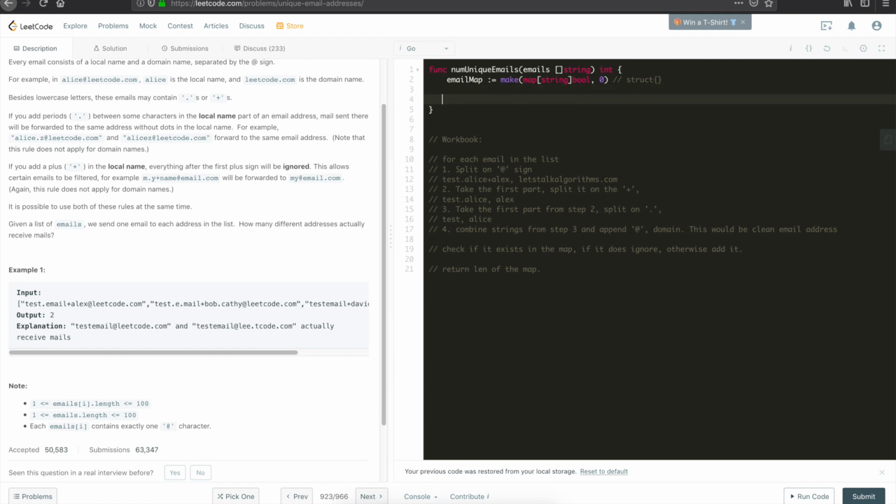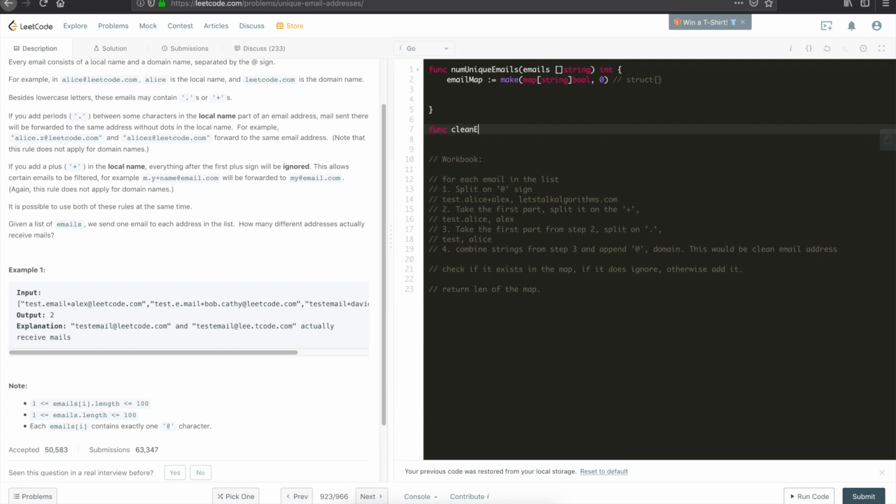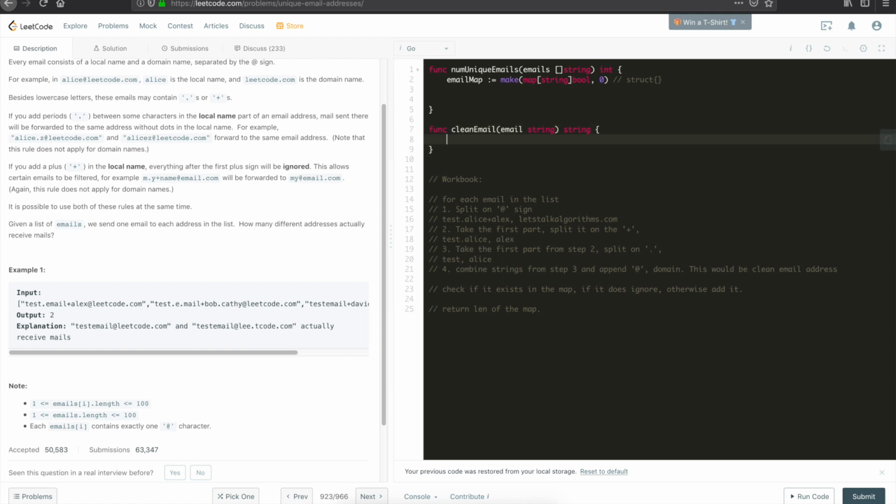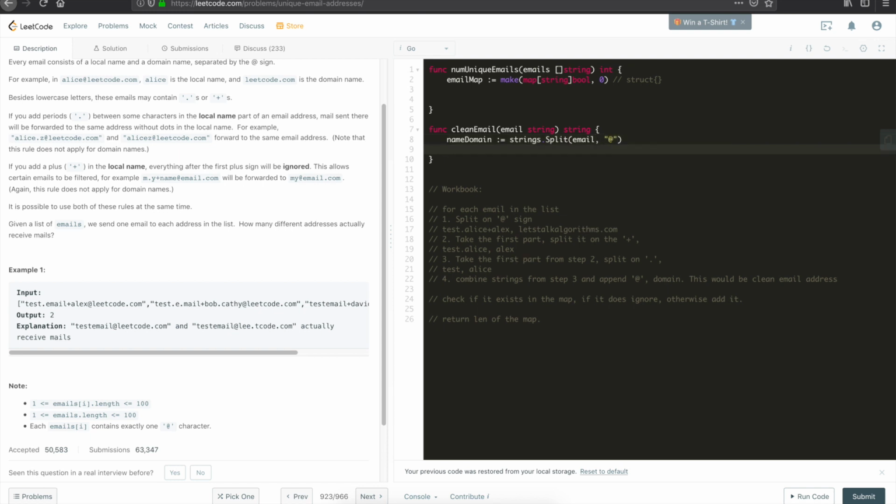And let's have a small private function called cleanEmail, where you take the email string and return a string. So what do you do here? You basically do the algorithm below. Let's call it nameDomain. You use strings.Split on the email with the @ sign. Once you have it, then return strings.Split for name plus